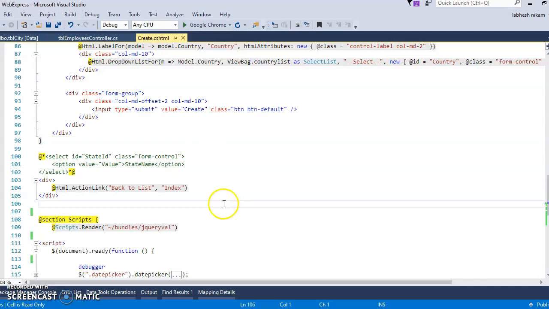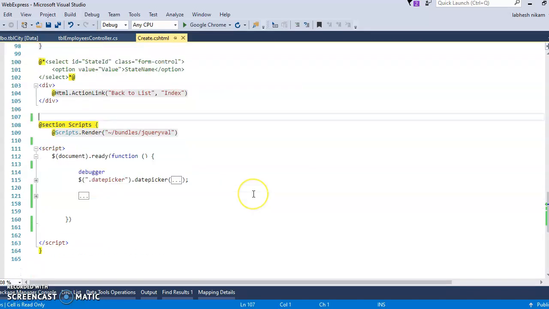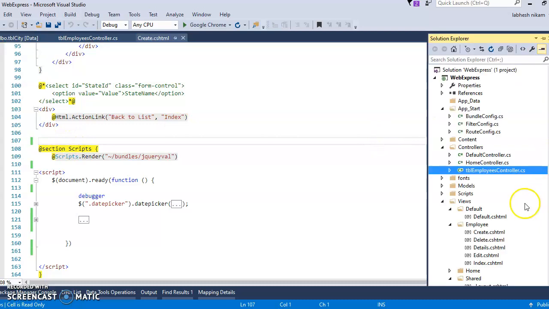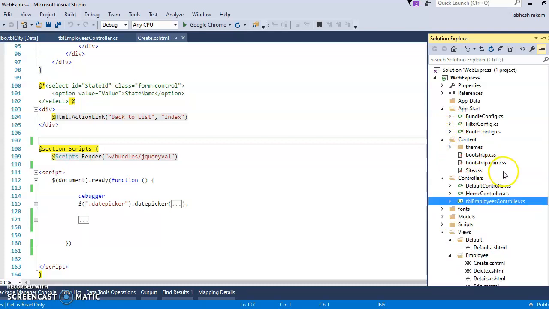On the view side, first I have to add the scripts. This is the jQuery bundle, so there is no need to add jQuery. Before it I will add the jQuery UI CSS, which is required for the autocomplete text box.